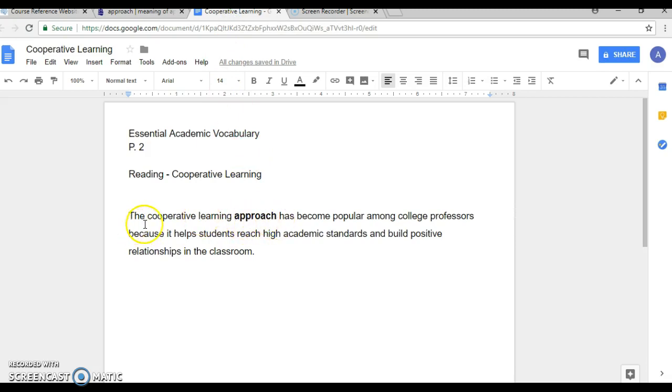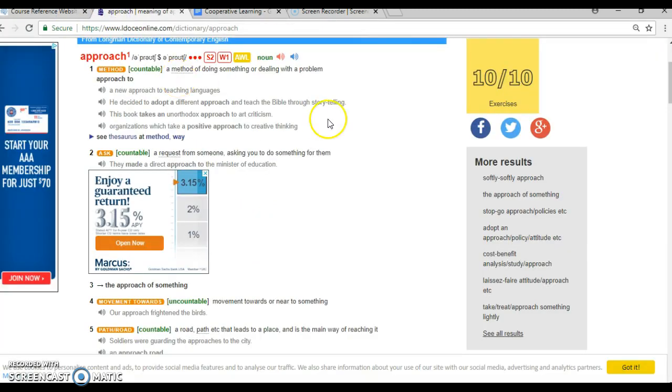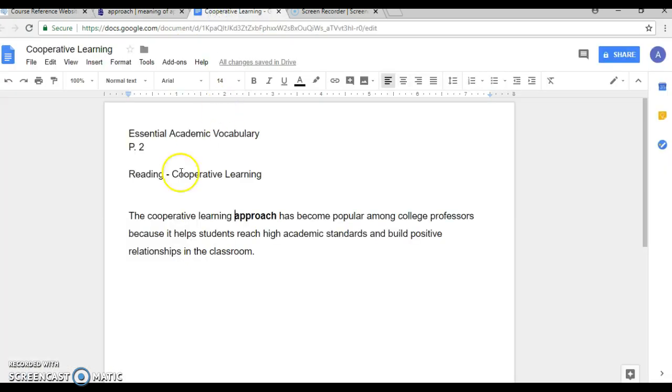So we can read it again. The cooperative learning approach has become popular. It's probably not going to have anything to do with going anywhere or moving anywhere. Probably has nothing to do with airplanes. But we can probably guess from the sentence that it has something to do with maybe the way or method of doing something. So we can check this by going back to our reading and saying,